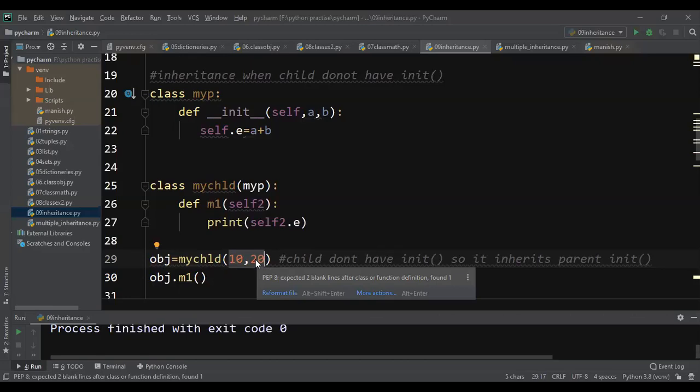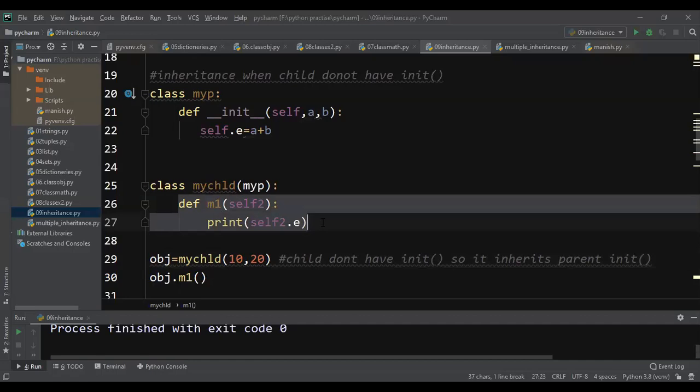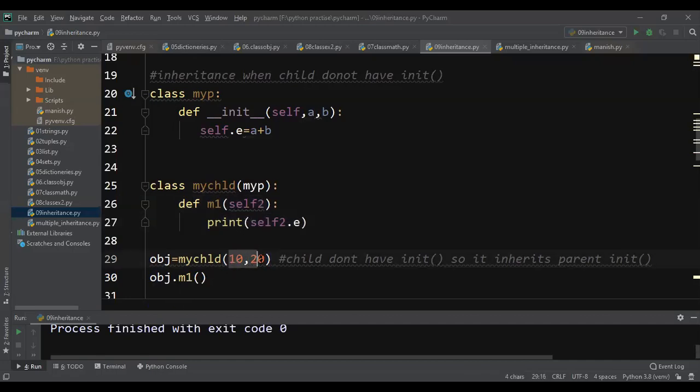That constructor may be asking for two parameters, which is why we are passing two parameters here. But actually my child does not have any constructor, yet we are still passing 10 and 20. Why are we passing 10 and 20 when my child class does not have a constructor?